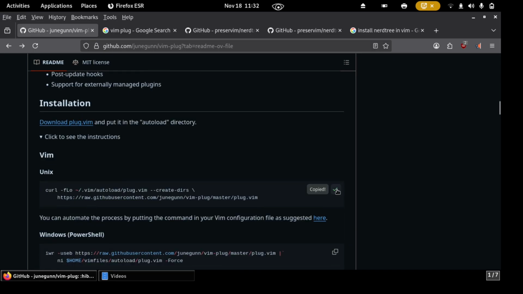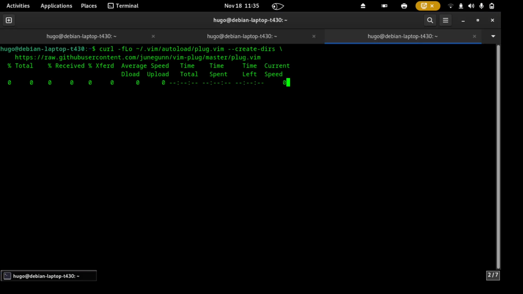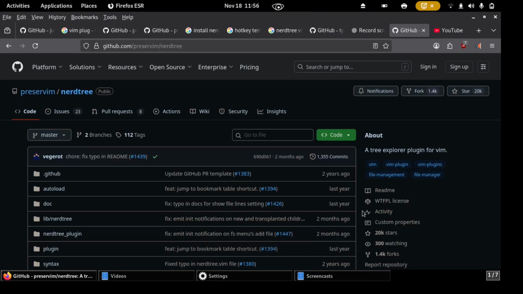Click here to see the instructions. Copy and paste this code. Go to your terminal, paste that code, hit run. There we go. Install everything. For the first plugin I googled, this is NERDTree. Here's the URL,